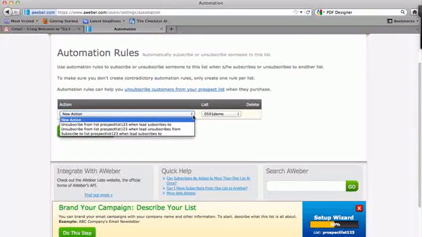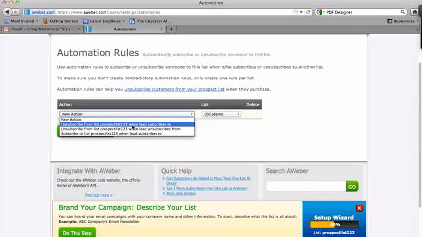And so you can go and you can set up an action. So you can put unsubscribe people from prospect list when they subscribe to another list. So when people go and buy something on another list, you would unsubscribe them from this prospect list, and you could set up the rule right here. Or maybe you want to add them to 2 lists. So when they subscribe to the prospect list, you also want to subscribe them to some master list that you have. Okay, so these automation rules are absolutely golden, and they will help you to really segment your lists and